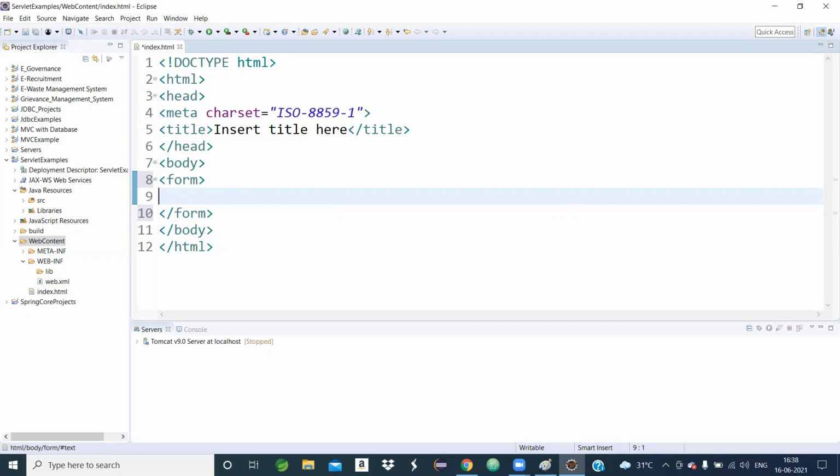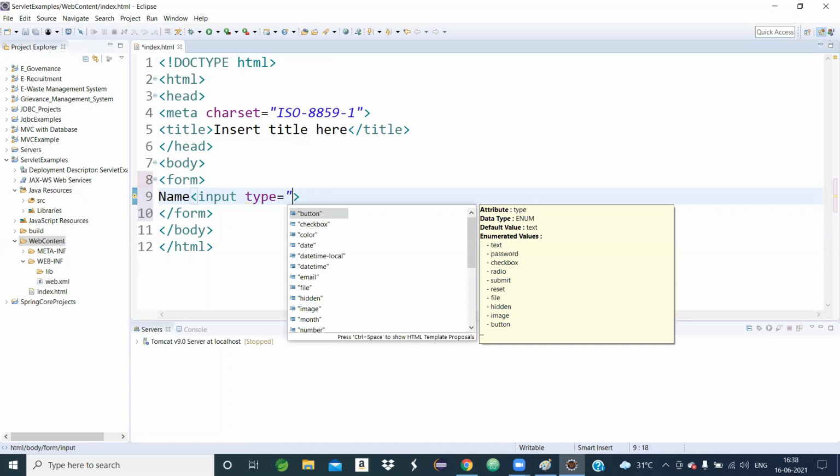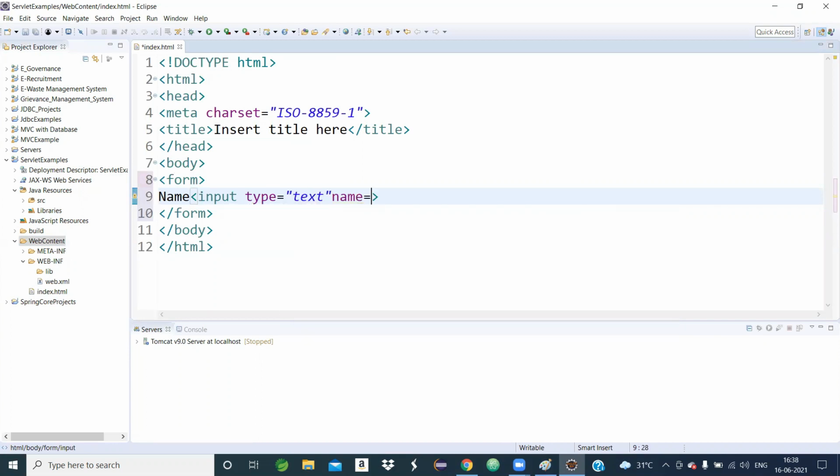In my form there is an attribute name, which will be one text box. Remember, for creating a text box, the command is input type equals to text, name equals to whatever you give. Suppose I give name. Then BR means break, the next line.